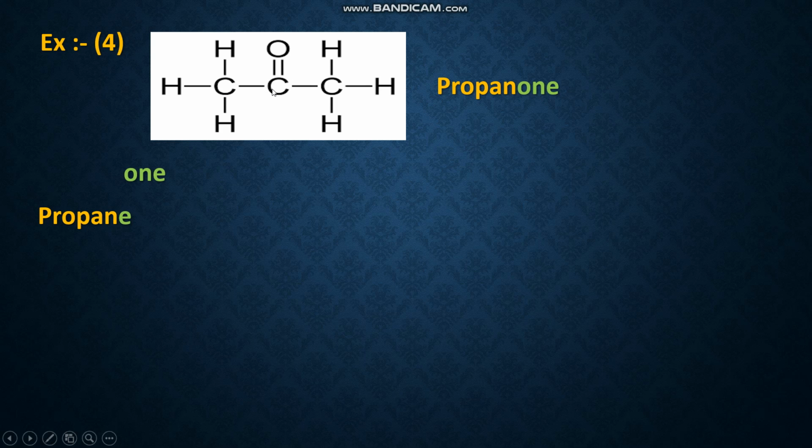CHO group, previously we have seen that the aldehyde group, CHO, will be at the end. C attached to H and attached to one double bond O. Remember that. So don't confuse it with the CO group while giving the name. Next